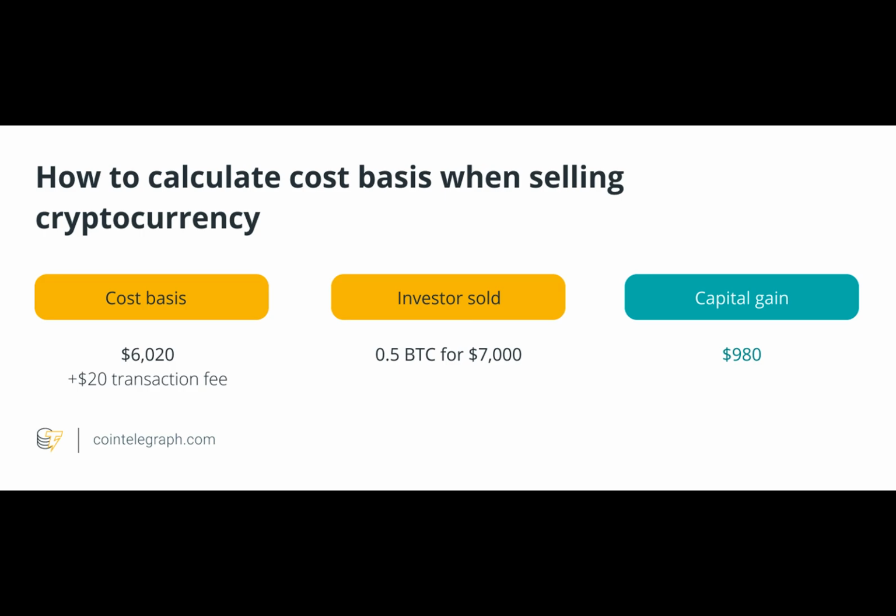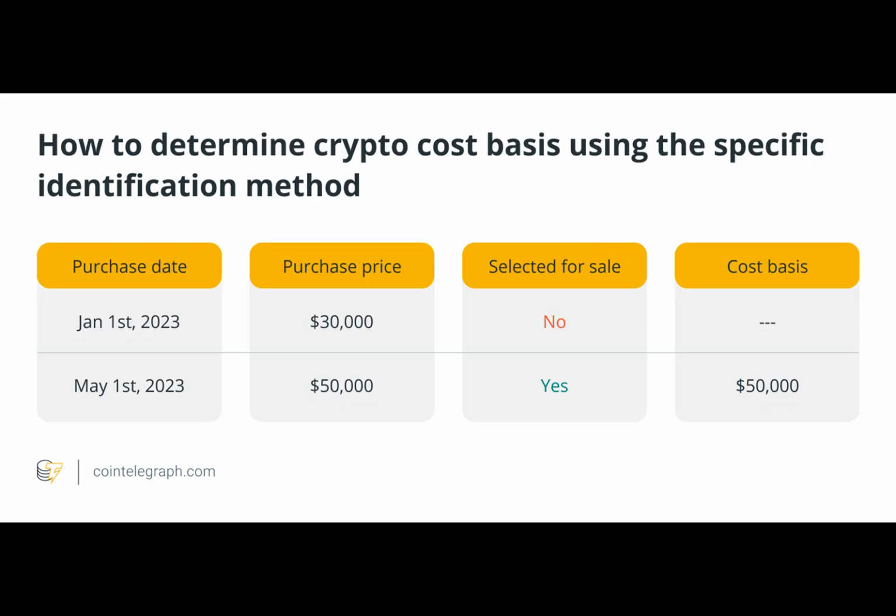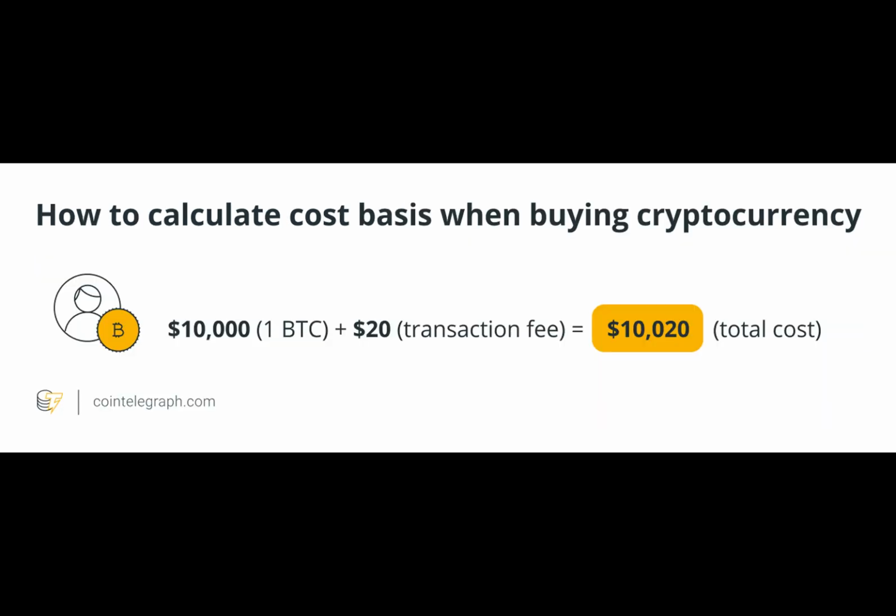Secondly, by using the proper cost basis technique and taking transaction fees and other expenses into account, crypto tax software ensures that tax requirements are followed. By doing this, investors can reduce the possibility of audits or fines from tax authorities by appropriately disclosing their